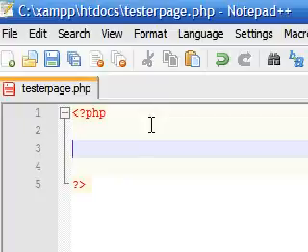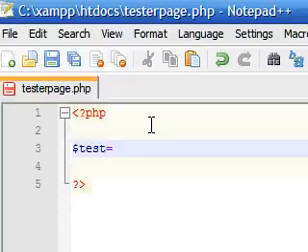What's up guys, welcome to your 13th PHP tutorial, and in this tutorial I'm going to be talking about how to use an array with a loop. And I'm pretty much going to be teaching you guys how to spit out all your elements in your array at once. So the first thing we need to do this is of course an array,